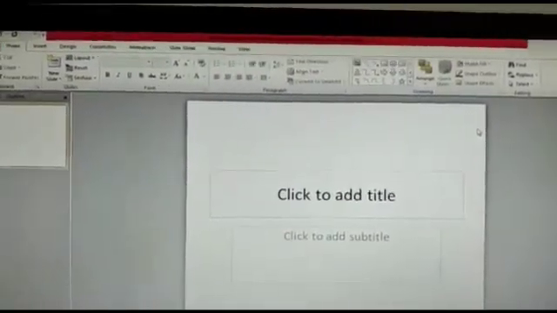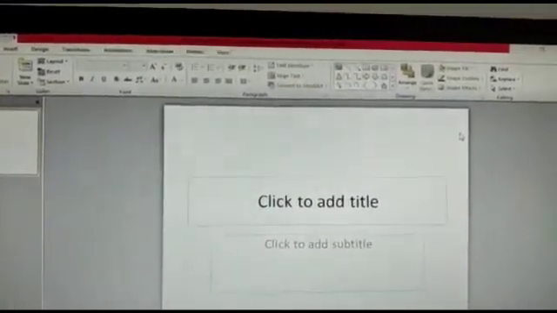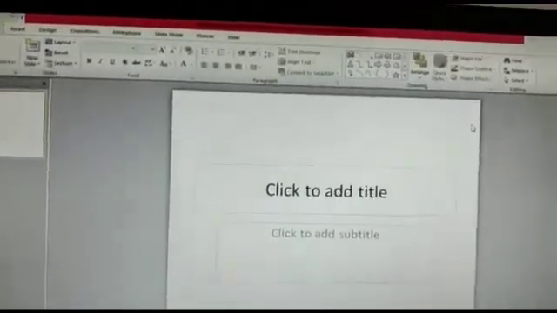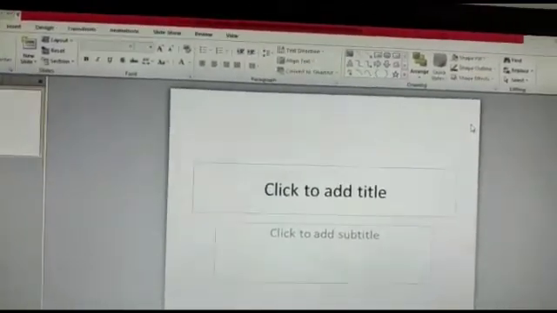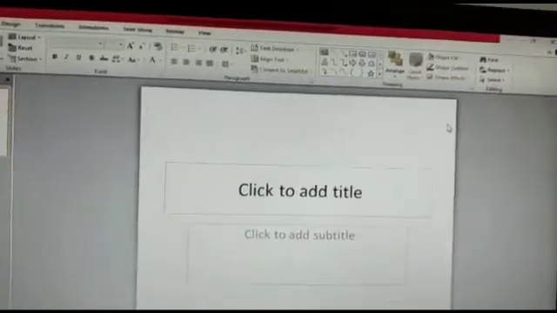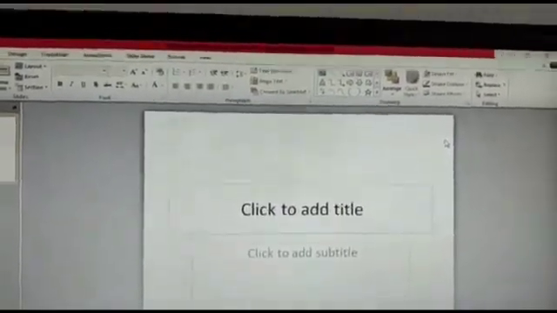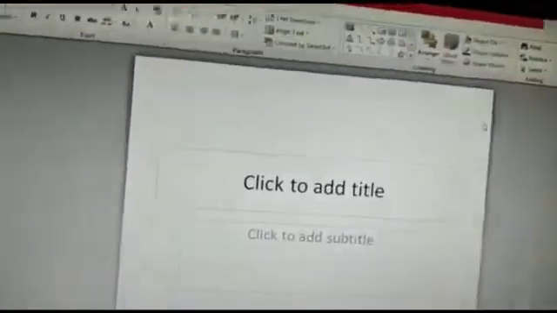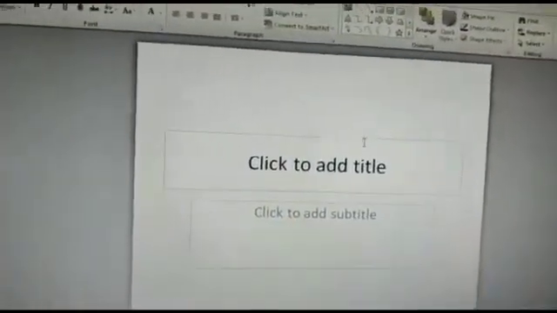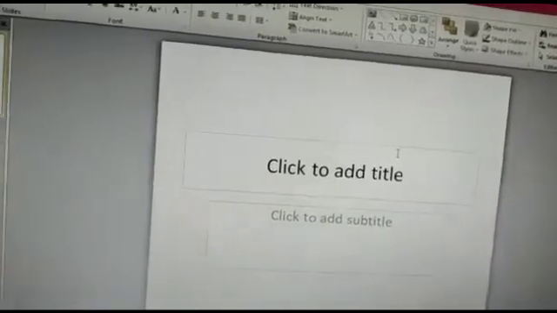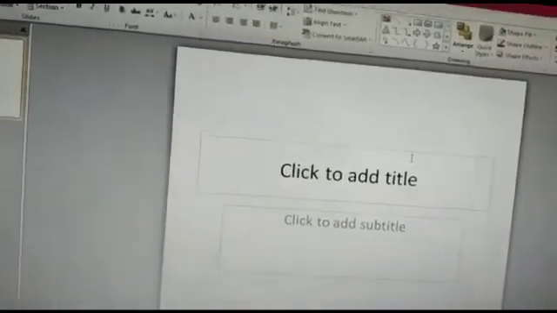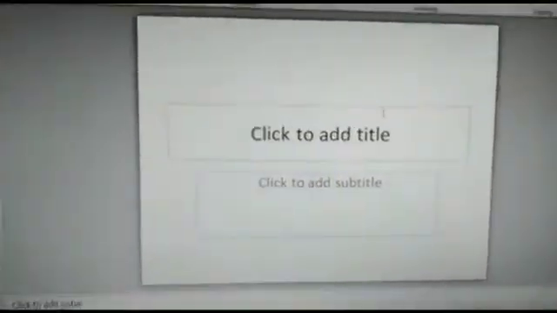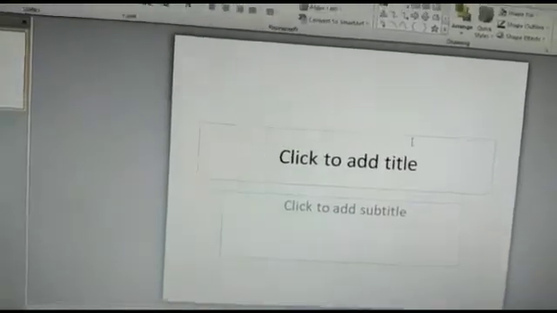One page of your presentation is a slide and a group of pages on any one topic is called the presentation. So this is the slide. When you open the Microsoft PowerPoint presentation, this is the slide. So what is a slide? A slide is the basic unit of a PowerPoint presentation. In the slide, we can add title, text, tables, charts and pictures.